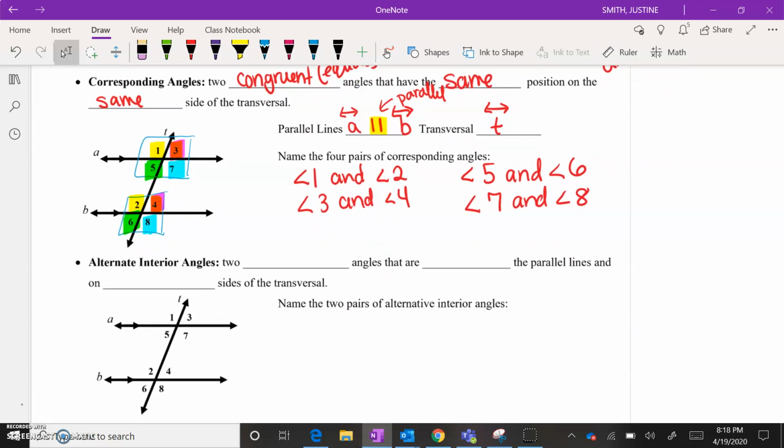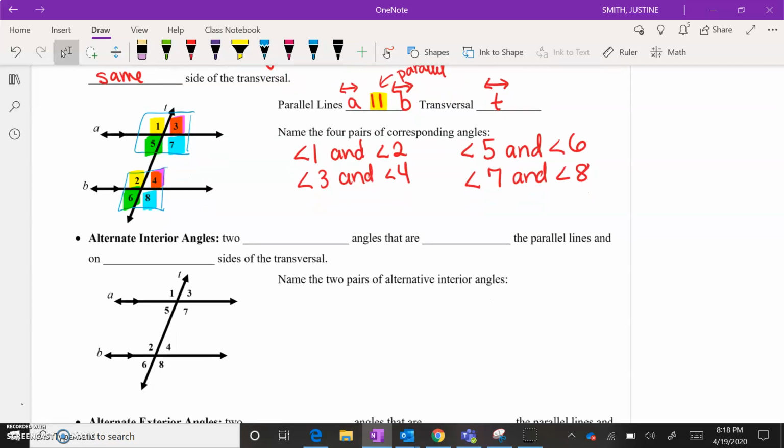Okay, so we also have alternate interior angles that are formed, again, when you have a transversal cutting through two parallel lines. And again, this forms two congruent, which again means equal in measurement, angles that are, sorry, two congruent angles that are